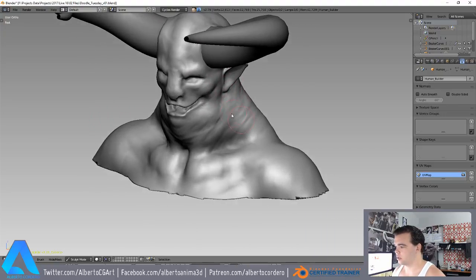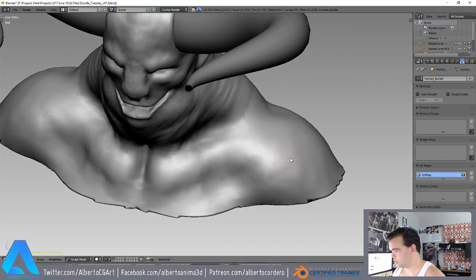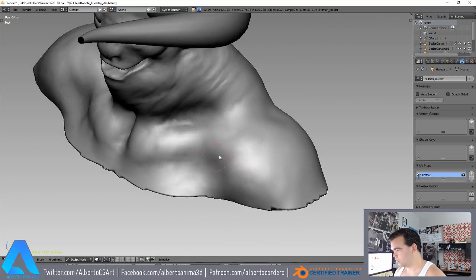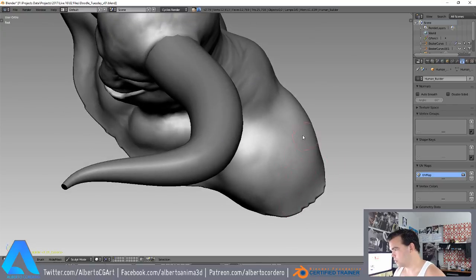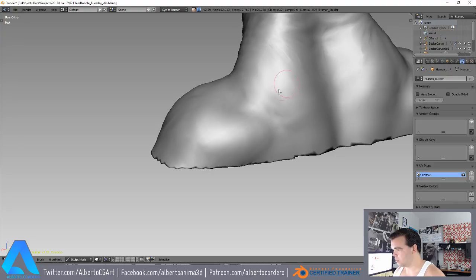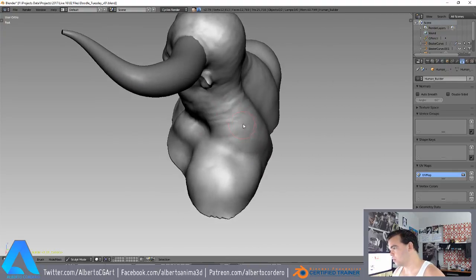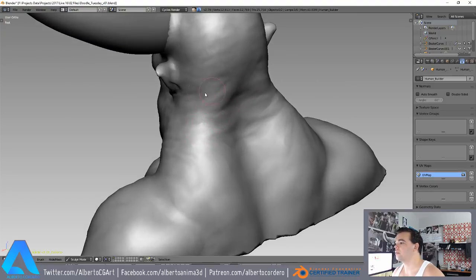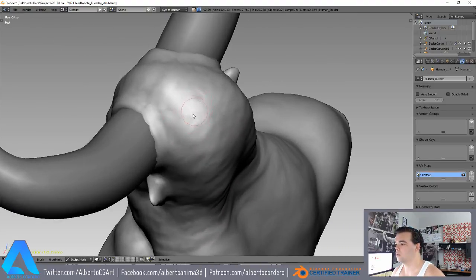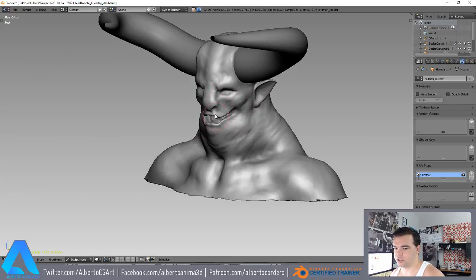Looking good really quick. I'm not even using dynamic topology yet, so